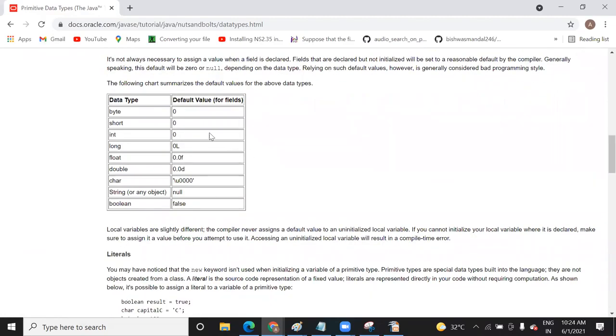Default value means if you do not initialize any value, then the default value held by the data type is 0. Suppose I write byte a, and you do not initialize a value, then the default value of that byte variable a will be 0.